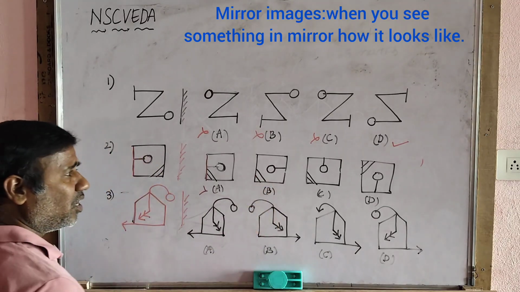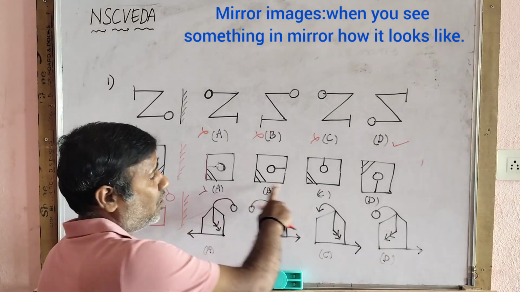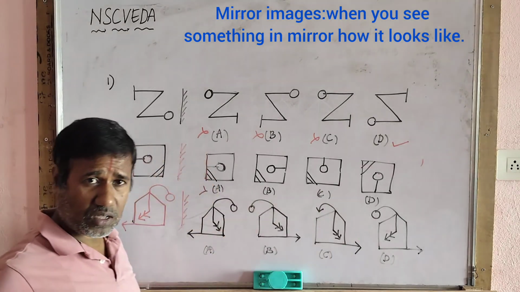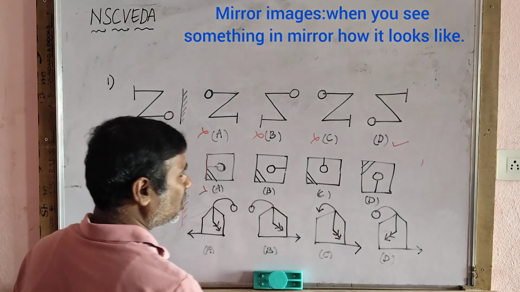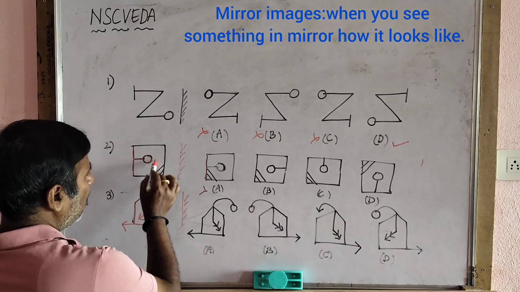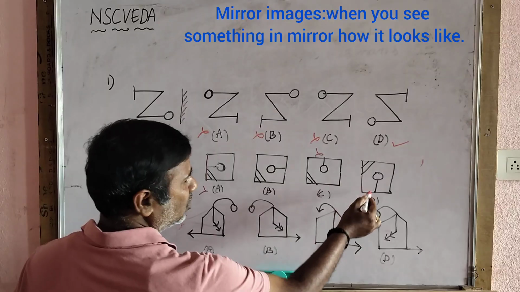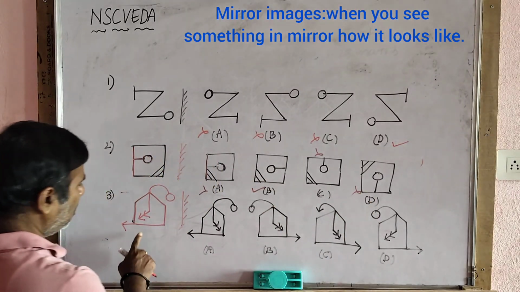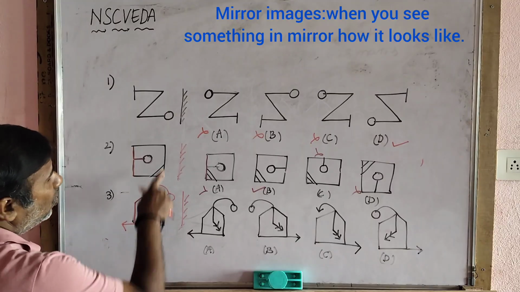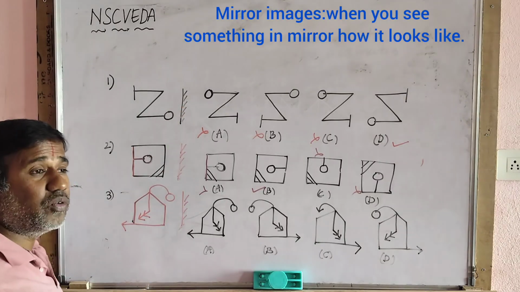This is correct. Even if you find the correct answer, just check the others also, that those are wrong. Even when you see the correct answer, you should also confirm the others are wrong. Next, you see this lollipop position itself is wrong here, this is also position itself wrong here, so Bangalore is the correct answer. Next, you see these are all mirror image questions, and whenever you are doing this mirror